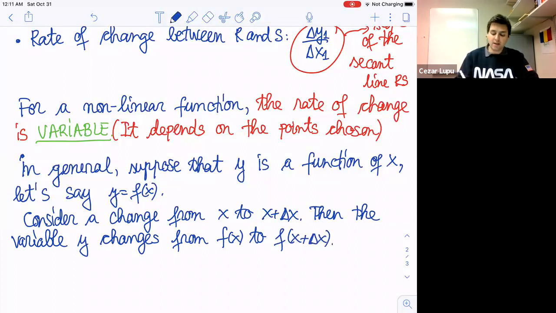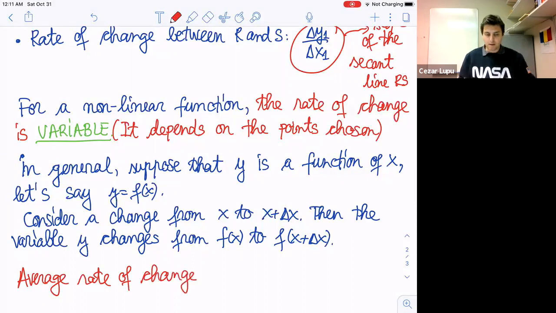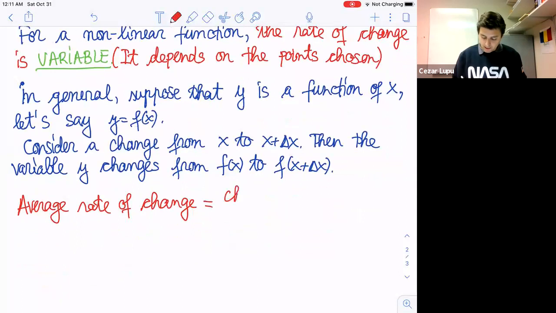And now we can say that the average rate of change is equal to the change in y over the change in x,